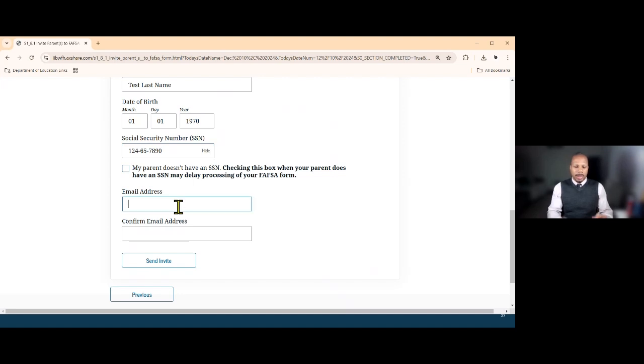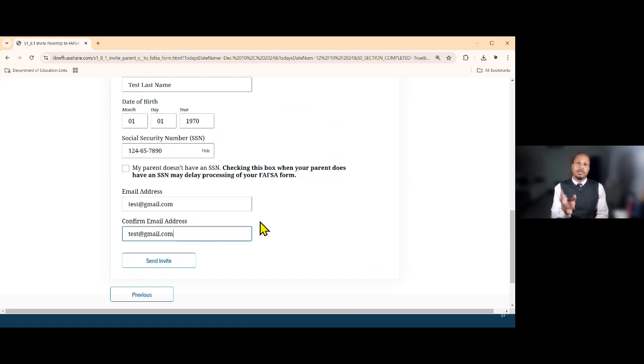Now, we're going to come down to email address. This is going to be important because they're going to be sent this invitation via email. And because they're sent it via email, you want to make sure that you get the email address right so they can make sure that they can access it. And parents, don't worry. We do know a number of you have joined us, and we're very excited to have you here. If your student has not put in the right email address, or you do not receive the invitation via your email because it could go into your spam, it could get held up by a server,